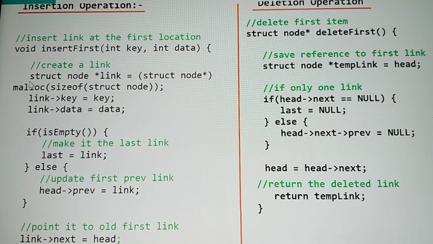Here you can see struct node star link is equal to struct node star. If you have some knowledge about Java, you can identify that it is a type of declaration.